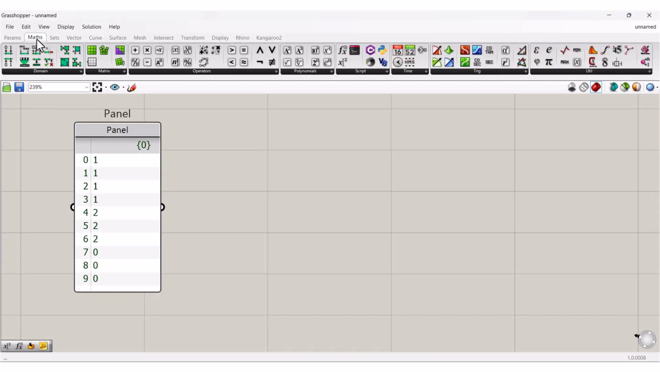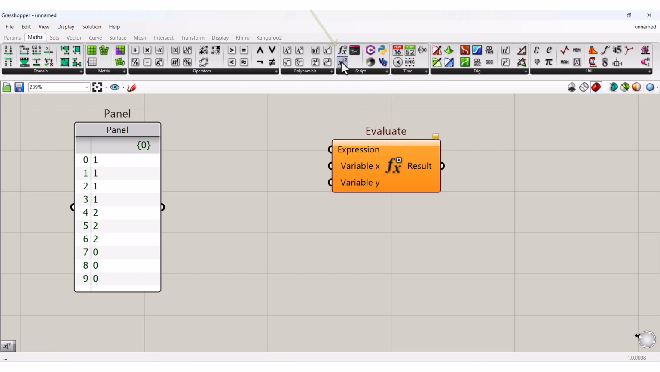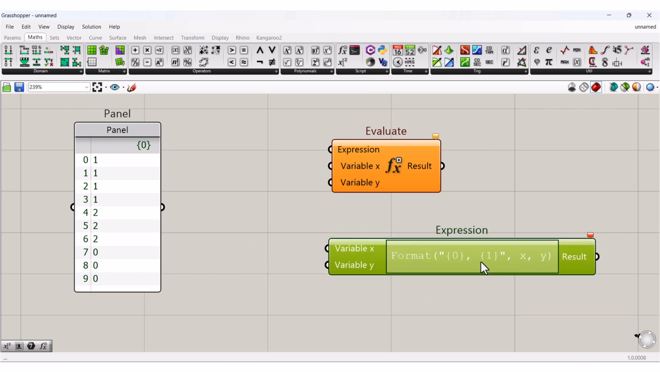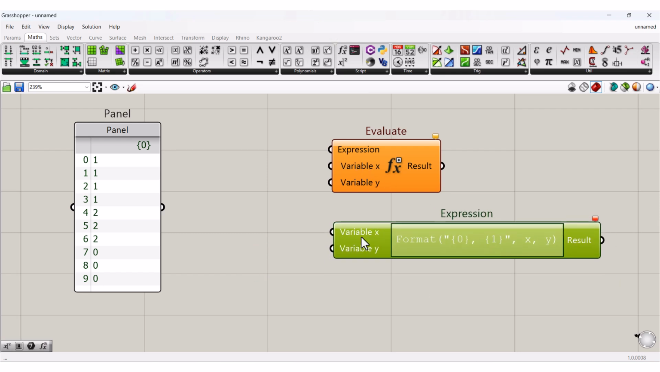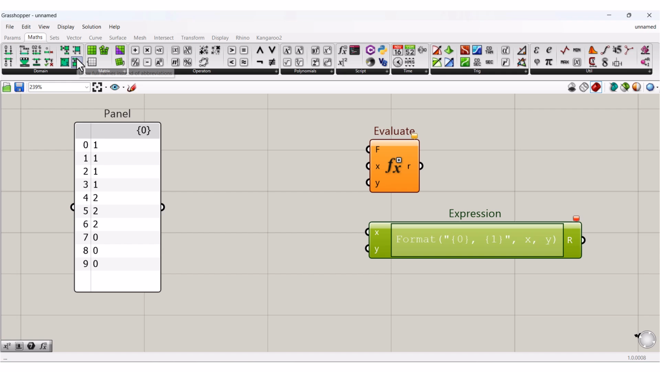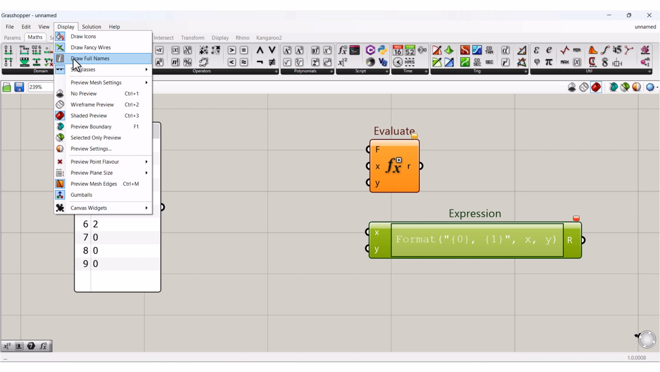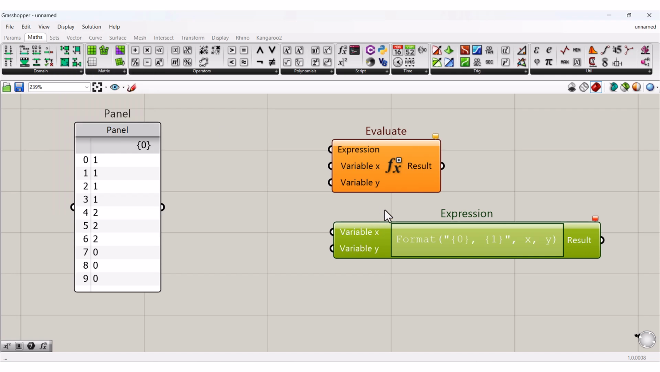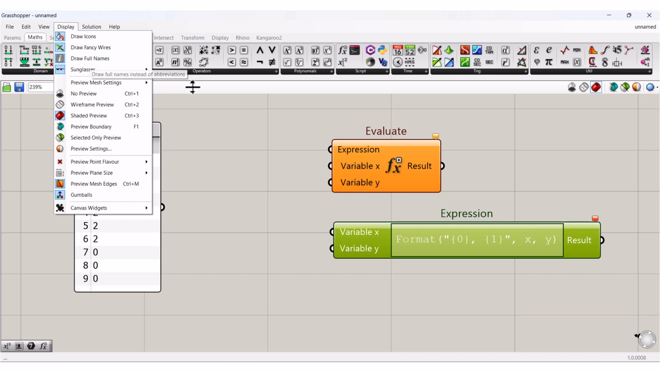Under the Math tab, please find Evaluate and Expression. Notice that the variables are this long because under Display I have Draw Full Names. If I uncheck this one, look what happens. So be aware. But if you want to continue working with full names, like I have over here, you can